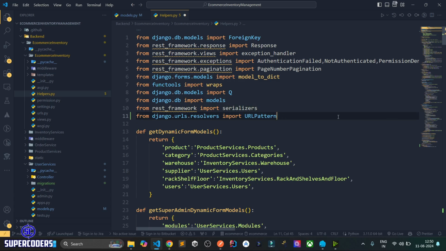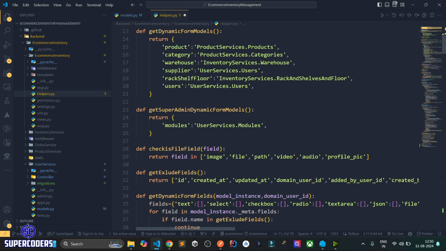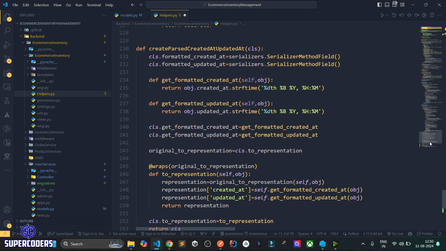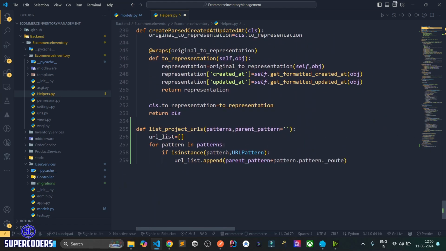Also, we need to add other things like get resolver, then URLResolver. These three things we need. So here I'm just checking if it is URLPattern, then I'm going to use URL list dot append,